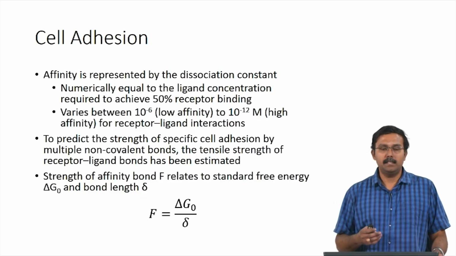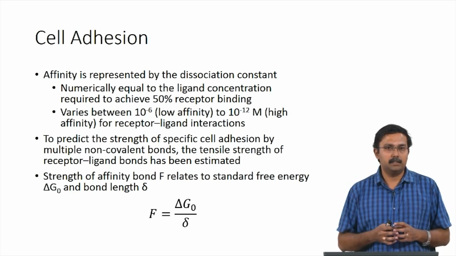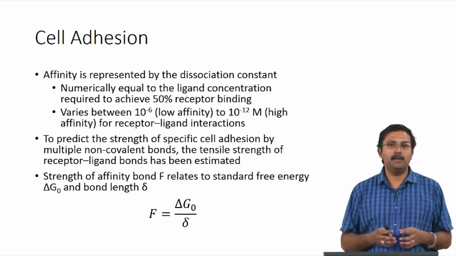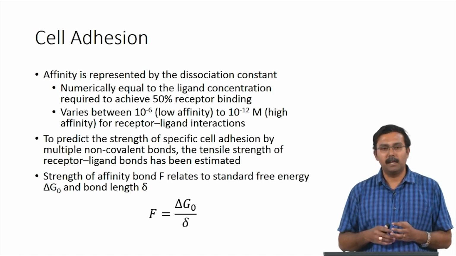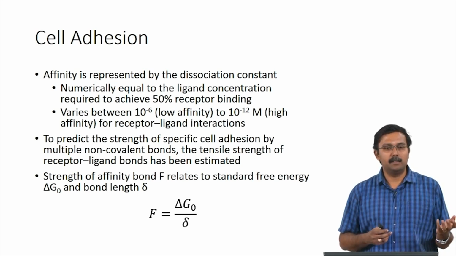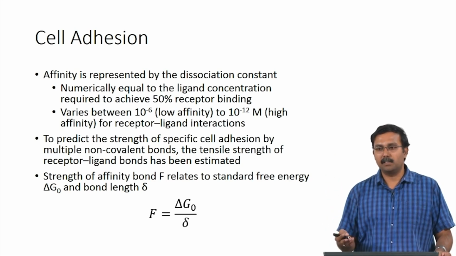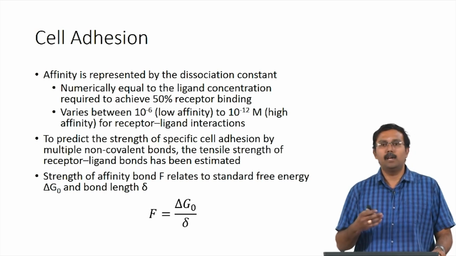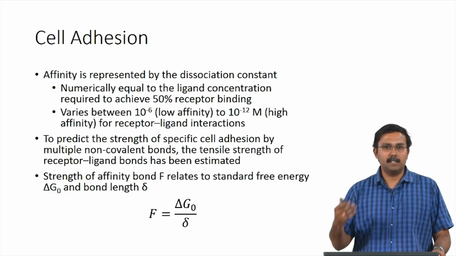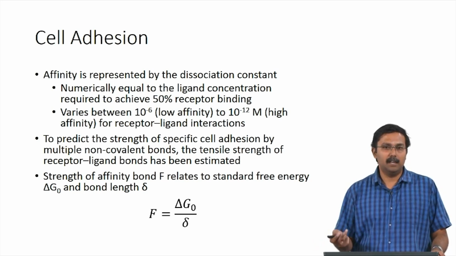So, as I already mentioned, affinity is represented by the dissociation constant. The dissociation constant is basically numerically equal to the ligand concentration required to achieve 50% receptor binding. So, this is like your Michaelis-Menten constant, right. That is, 50% of your reaction rate is achieved at a particular substrate concentration, that is your Km. So, similarly, the numerical value at which you can get 50% receptor binding is the ligand concentration, the dissociation